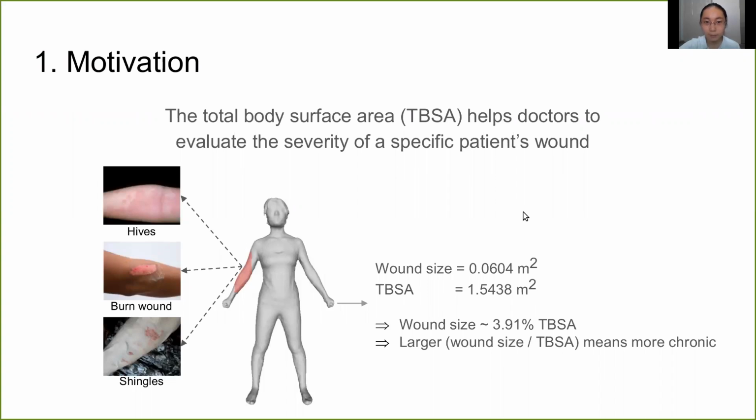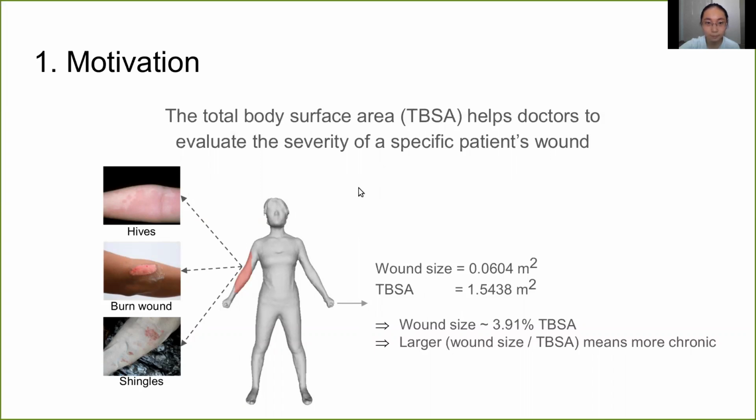During their lifetime, humans may encounter accidents that leave wounds on the body, such as burn wounds, hides, and strangles, with different severity levels. Those wounds need to be diagnosed by doctors before applying appropriate treatment. Initially, the doctor will need to analyze the wound condition, such as its location, shape, and size. After that, they will need to measure the severity of the wound with respect to the total body surface area,